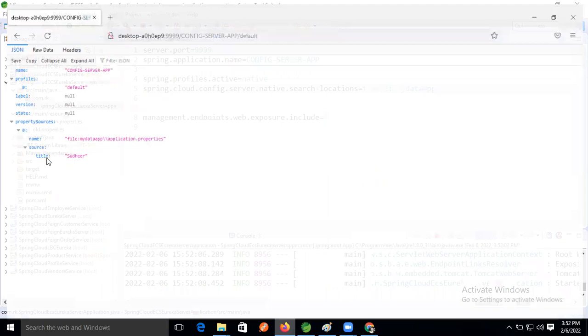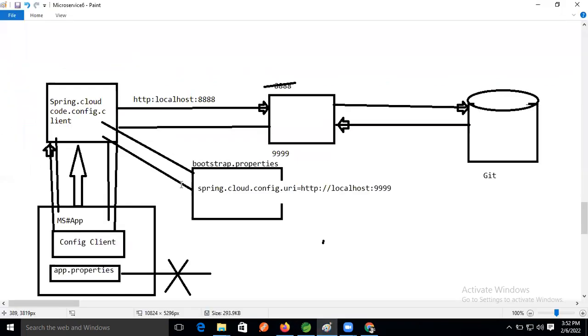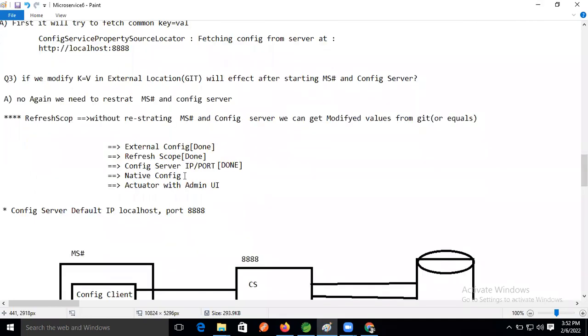Now see this, is it still working or not, guys? Pushpendra, are we getting it or not? Now I have shown you people every possibility. So now we are done, right? We completed this area also, this one also done, guys. Native server, this one also done.